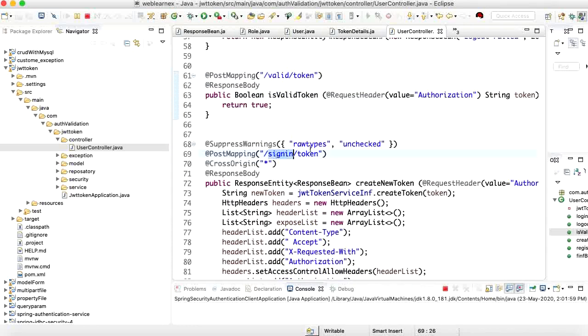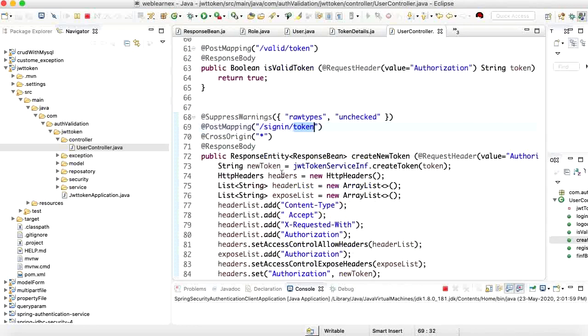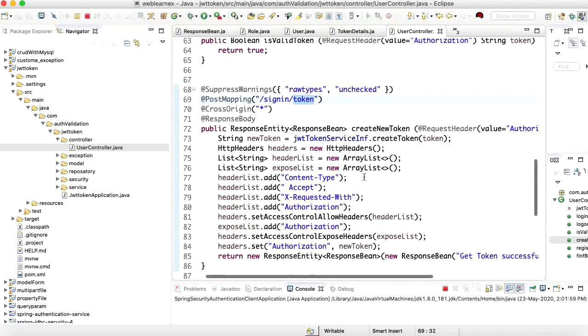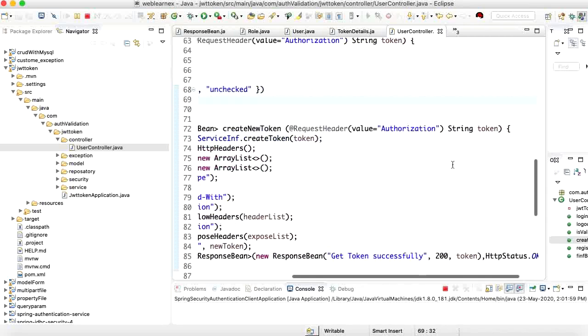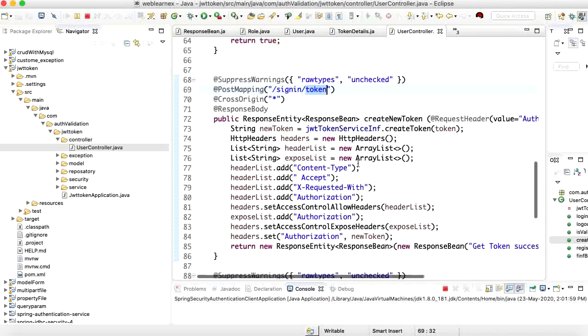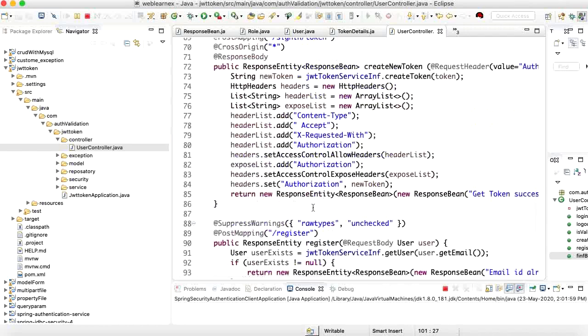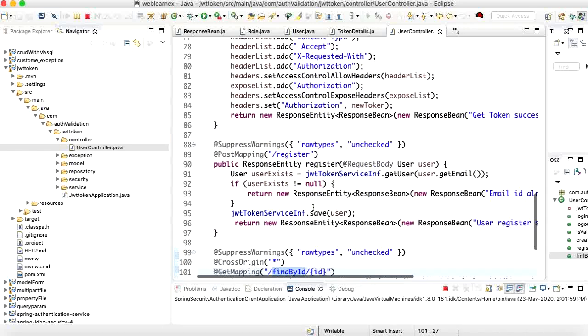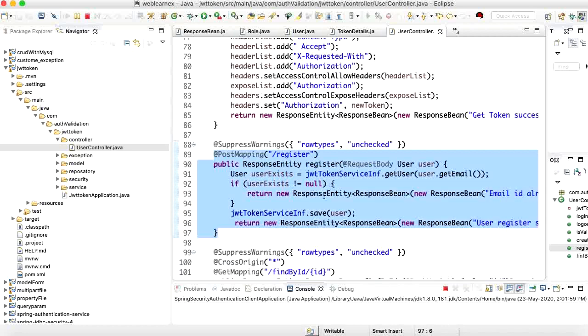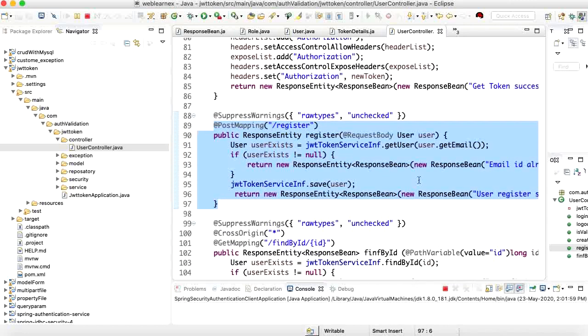Sign in with the token: this method checks whether the user has authentication tokens or not, and this method is basically used for user information, meaning find the user information by ID. And I have created one register method here. Using this method, we can register any new user with certain information from the user.